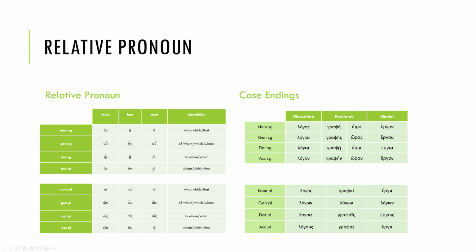And that's pretty much it. Everything else is the endings we've been looking at for the entire course. So the only other difference here is a highlight. The only other difference is that